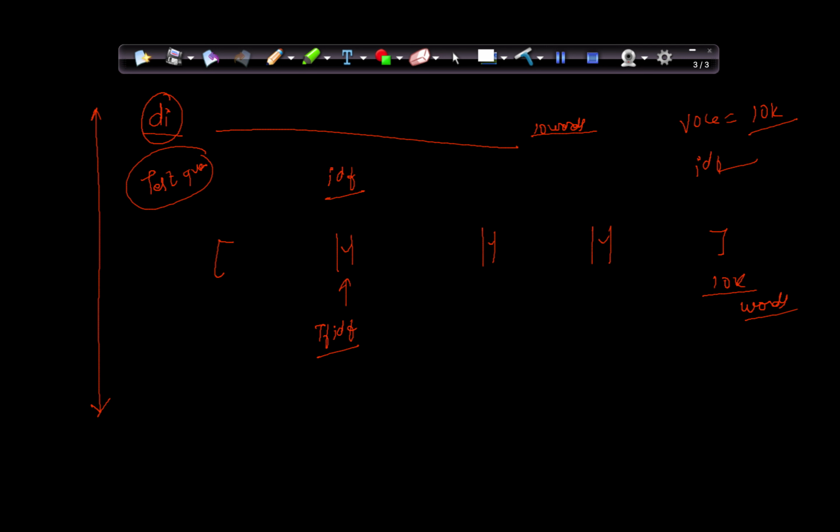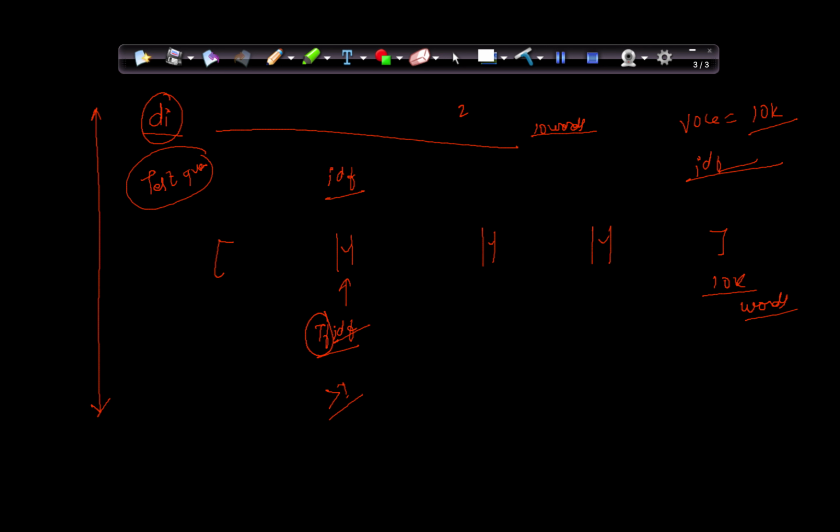Suppose this document contains 10 unique words and each word has occurred 2 times, or more than once. So the TF value for every word will be greater than 1, because they have occurred more than once, and we will multiply the TF value with the IDF value that we already have from when we were fitting our TF-IDF vectorizer. I will show you how to fit our TF-IDF vectorizer and get the IDF values for every unique word that we have in our corpus.